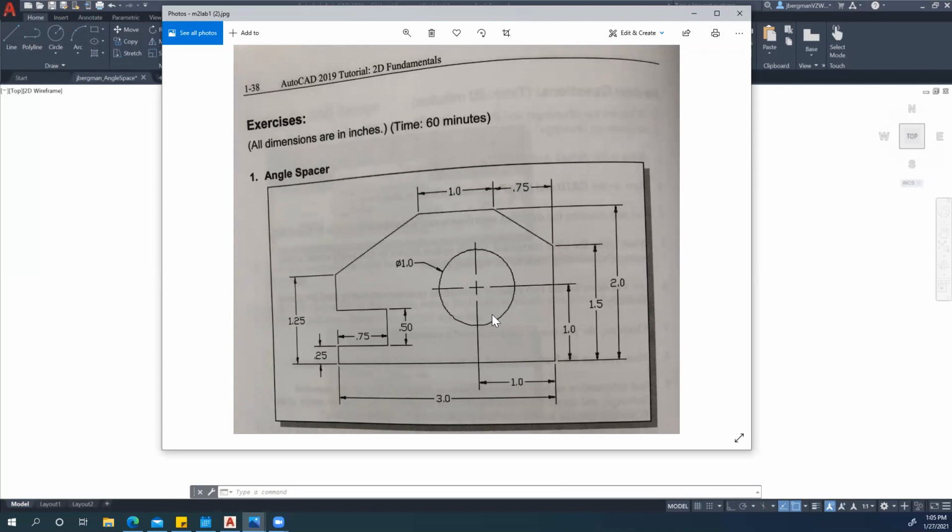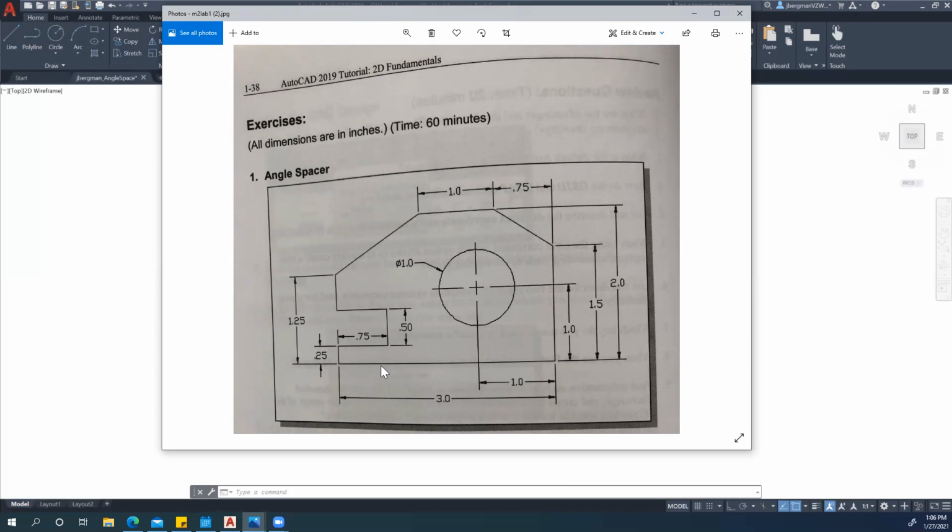rectangular coordinates method, which you actually type in an X and Y, okay? So in this example, we made this 0, 0. And so if I want to use the polar method, I could just draw a line that was 2 inches long, which is because 3 minus 2, and then up by 1 and delete those lines and draw the circle at the end point of that line. Or I could just know this is 0, 0 and type in the X and Y for the center point